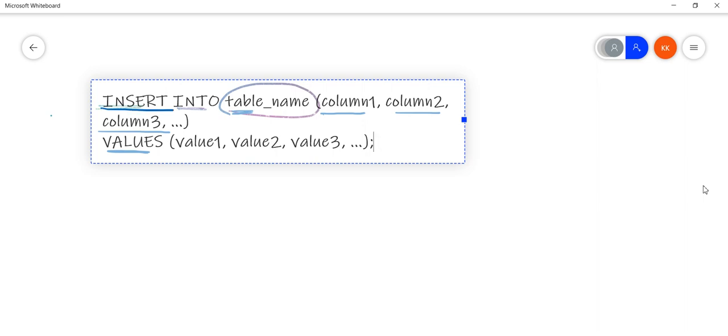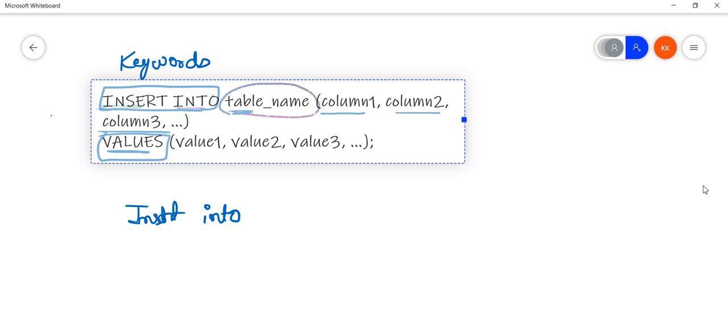So we have insert into and values as keywords, right? We need to use these keywords to insert some data. So first of all we need to write insert into, and where you want to insert.